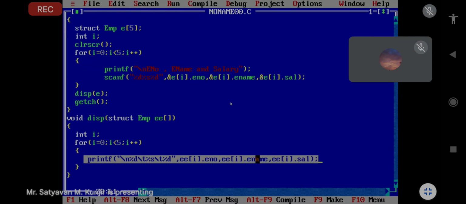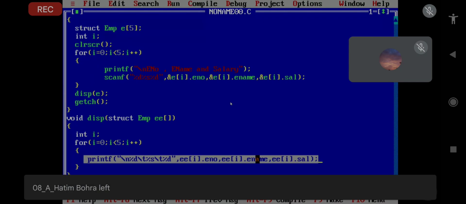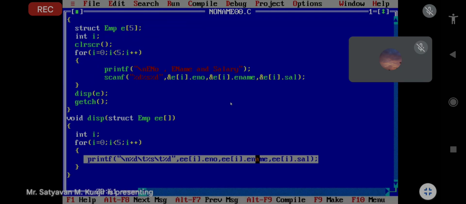Display the details of a particular student. That means we have to take a roll number from the user, search that roll number in the structure array, and if it is there, then display the details of that student only. Okay, so start writing, start thinking.